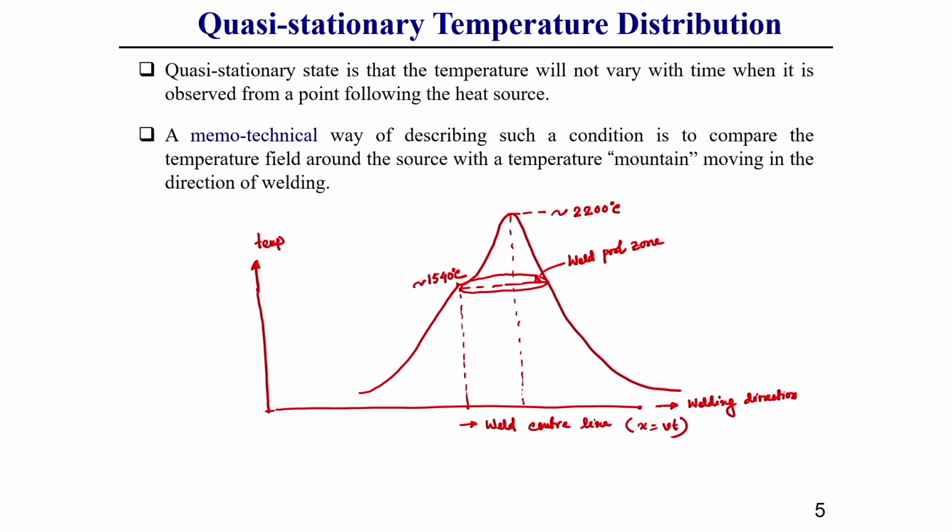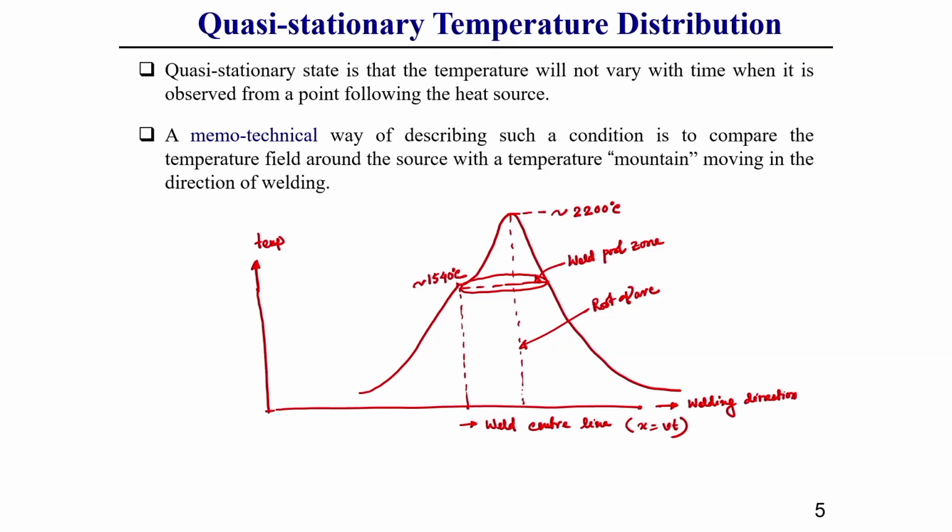This is actually your molten pool zone I have written, and where the peak temperature is achieved, that has a name, that is called root of arc zone. That means where the maximum temperature or center line intensity of your arc, whatever arc we are using to do the welding. So, this is called root of arc.